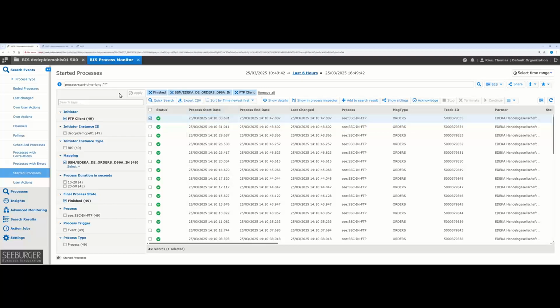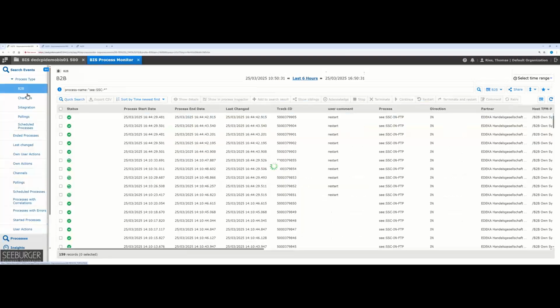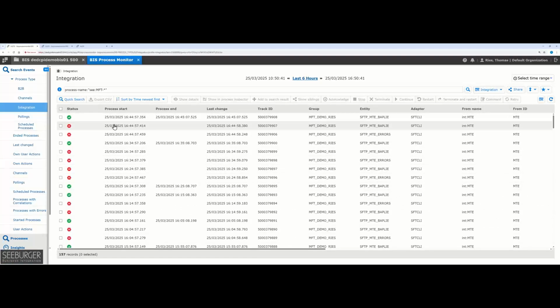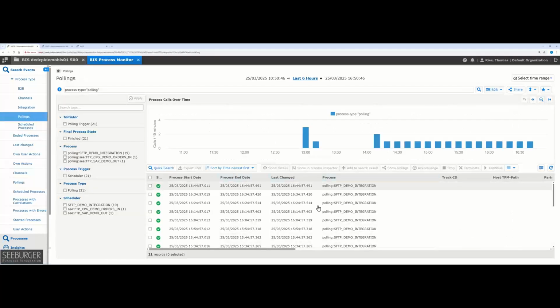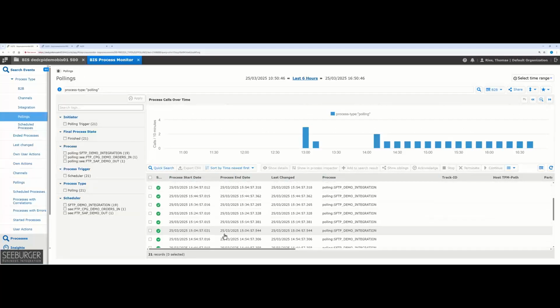So what else? Let's have a view on the left side, and there we have 2 separate magnifiers. We have the search events, where we can have predefined search events like B2B. So it will show only B2B processes. And if you have a mixed installation, also with the integration solution, you can switch to the integration process type, and then only integration flows will be shown here. Then you have the pollings, and only pollings will be shown. So you see that all these things are displayed